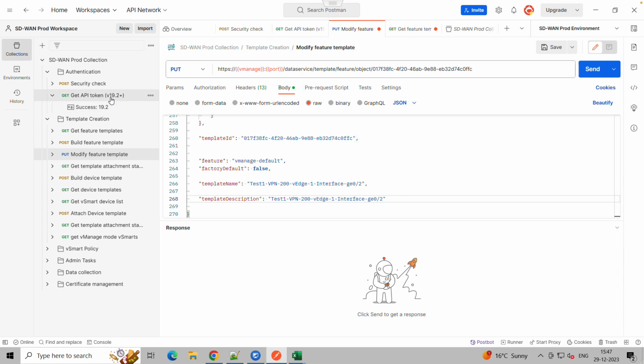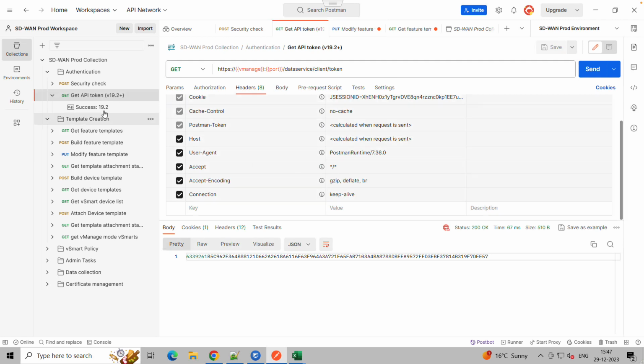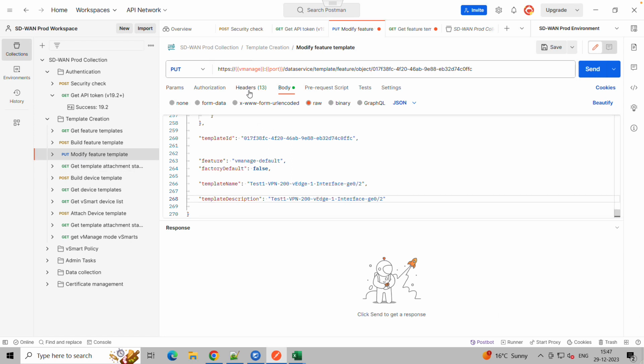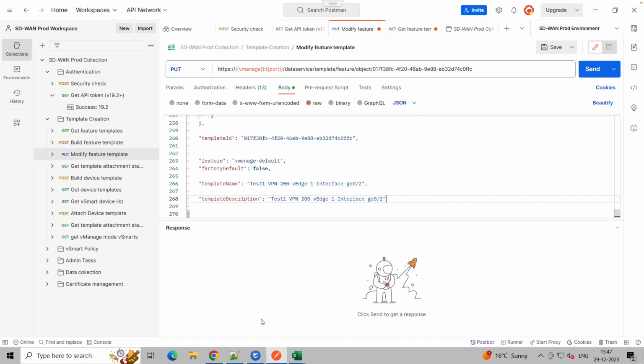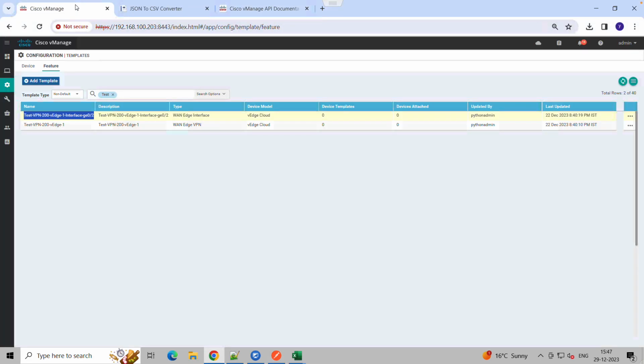And I need a token ID. I'll go to token method. I've copied this method now. I'm going back to my put method. I'm going to header. I'll modify this one. See, actually I'm doing it step by step. I could have simply pasted the code and shown you how it is done, but that would not have been a right method to make you understand, right? So it is done. And if I go to this one, Cisco vManage, once I push that method, API call,